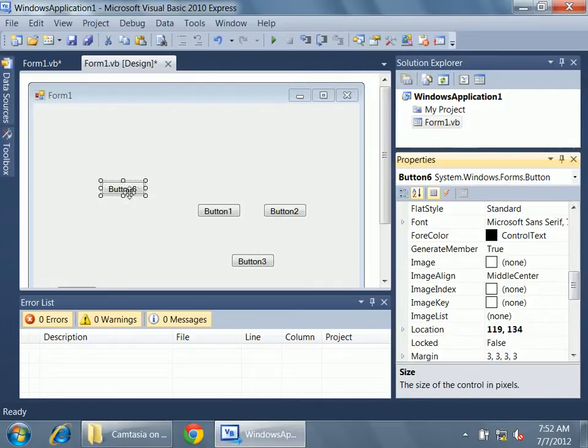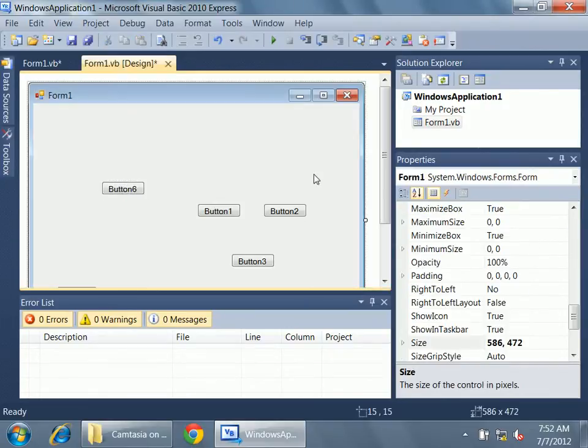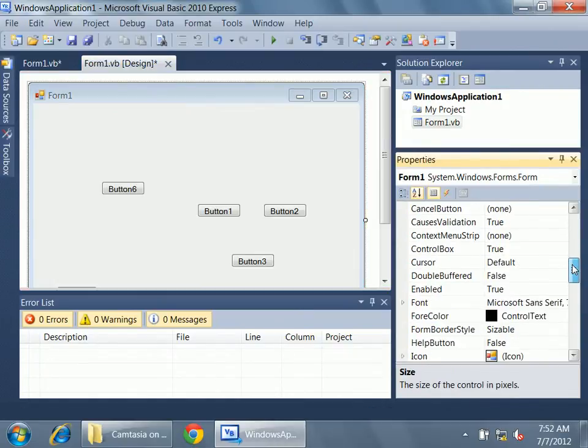One more thing, another command was font. Font, it means if I change the font and font color of that, only the font of this will be changed. But if I click here and then I change the font, everything you use on the form, especially the text boxes, the values, the labels, will change to the font of all of this. In the font,